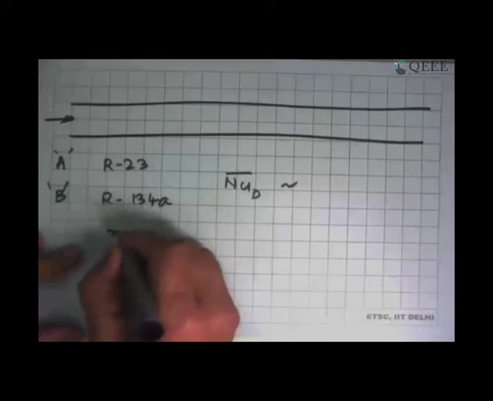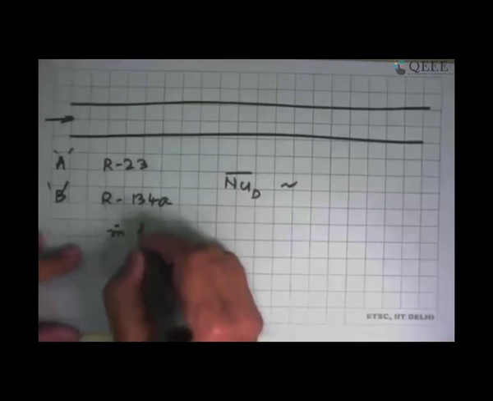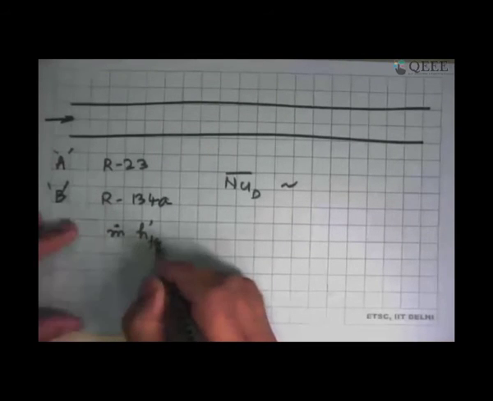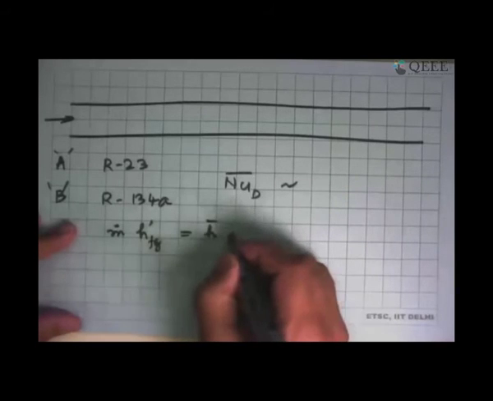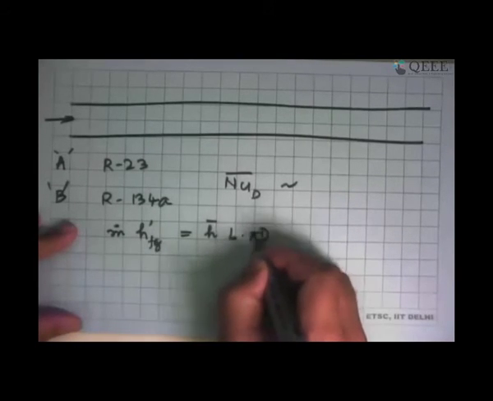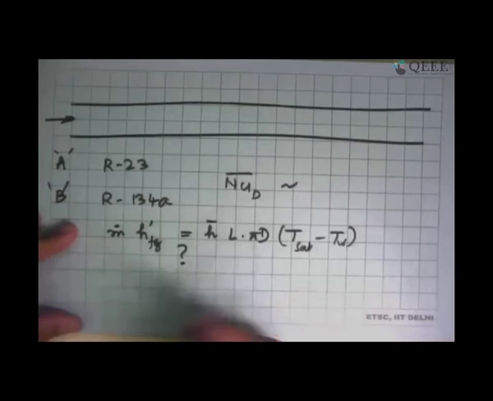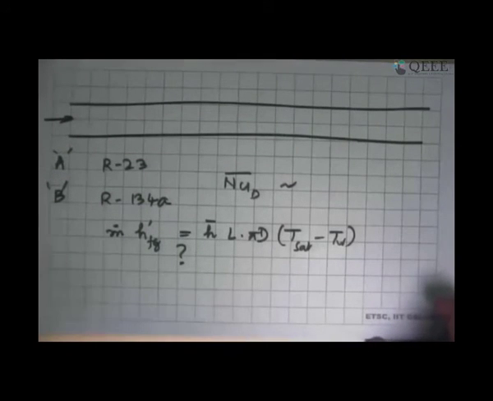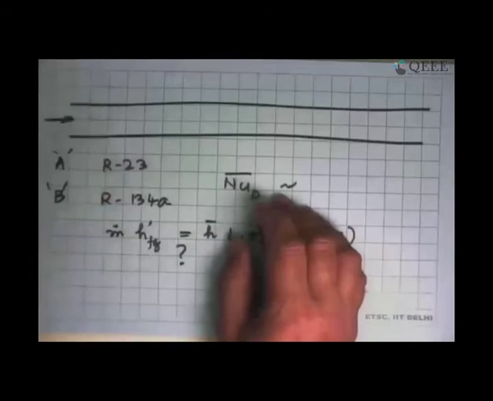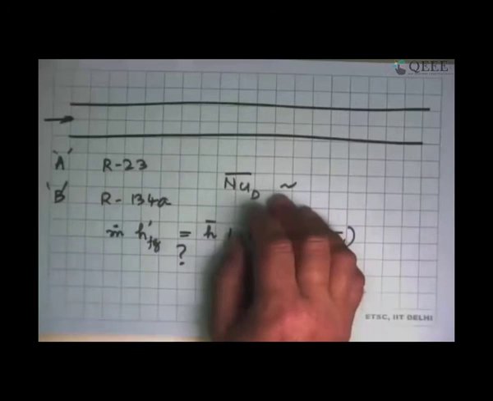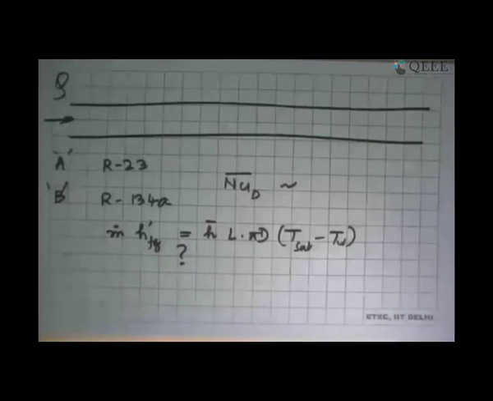Okay, and whether or not it completely condenses is simple, that what you want to happen is m dot, which is the mass flow rate that you have set, into h_fg prime, which is all the energy that has to be taken out. Is this equal to the average heat transfer coefficient into length into the perimeter of this multiplied by the temperature difference, T_sat minus T_w, and are these two equal or not? That will tell you whether complete condensation has taken place or not taken place. But practicing engineers, this is what they have done. They do that experiment again and again. You have a setup, you just remove this material, put the other material and see what happens, and you get the answer for that. That's how traditionally the substitution of refrigerants in such cycles has happened.